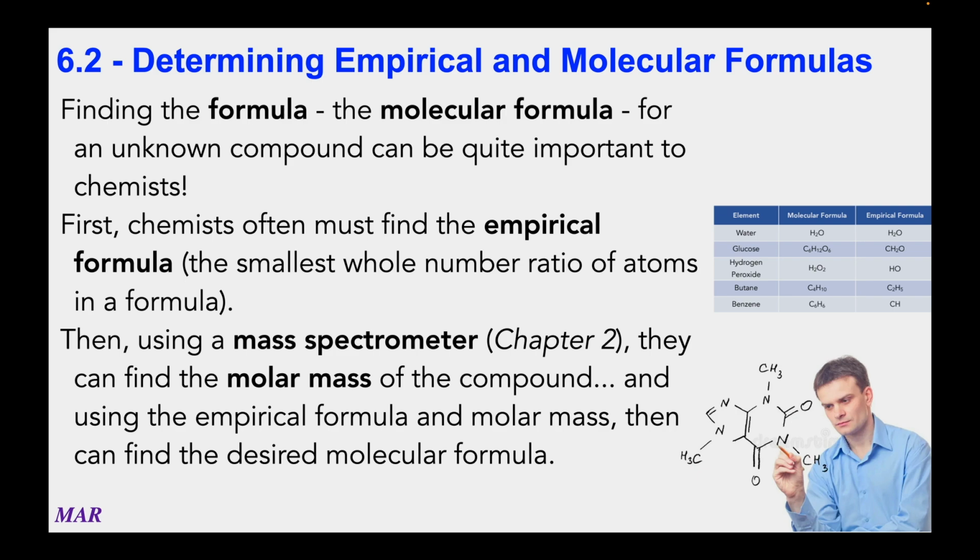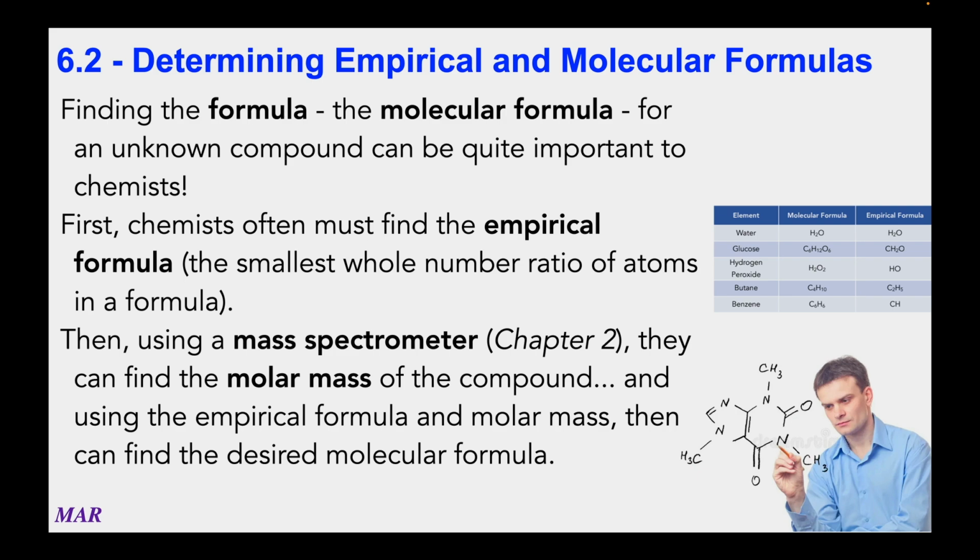So let's look at some more exciting examples. Glucose is a type of sugar. The molecular formula is C6H12O6. Well, the empirical formula, the smallest whole number ratio of atoms: if you divide the 6, the 12, and the 6 in the formula all by 6, you get C1H2O1, or CH2O, is the empirical formula. And again, don't go to fractions, smallest whole number ratios. Likewise, hydrogen peroxide, H2O2, is HO, butane C4H10, which is used in cigarette lighters, by the way, would be C2H5,